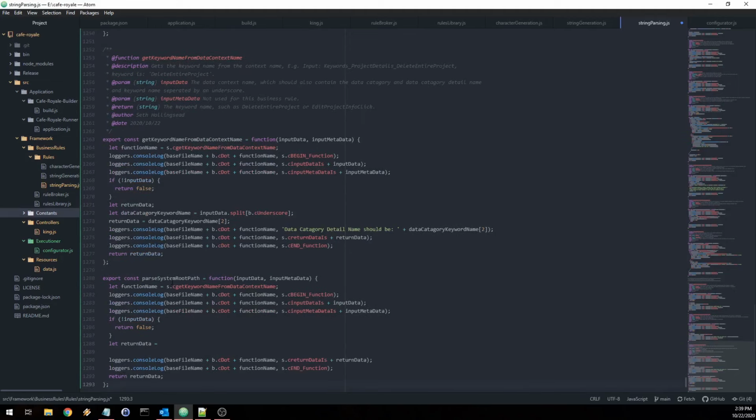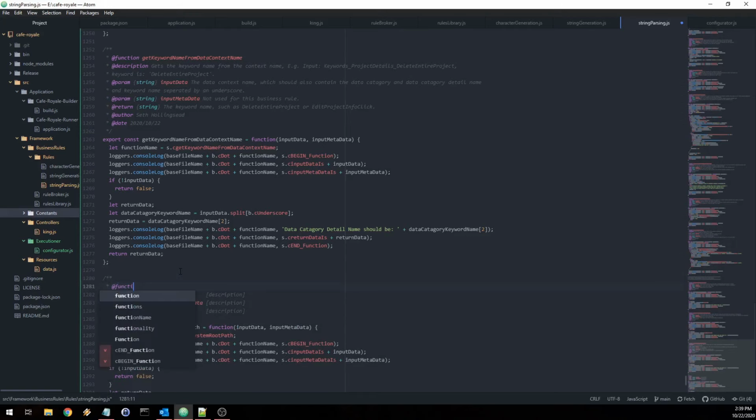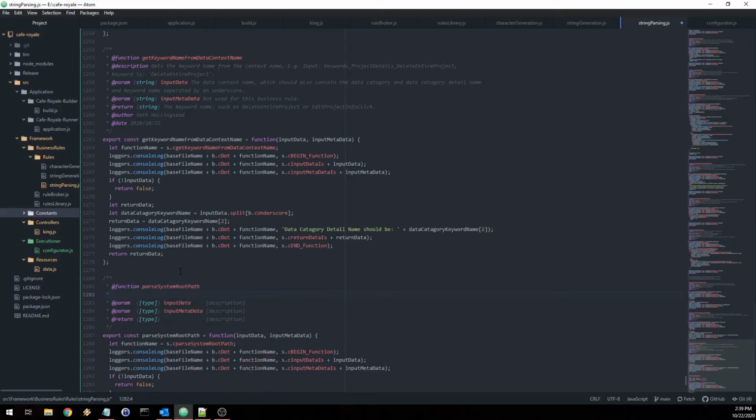All right, now let's go ahead and put this right here. This is one of those things we need to be able to even load the data that we're going to be working with. All the data pretty much. And so the header is add function parse system root path. Description: